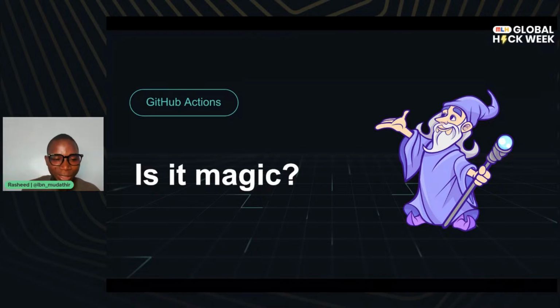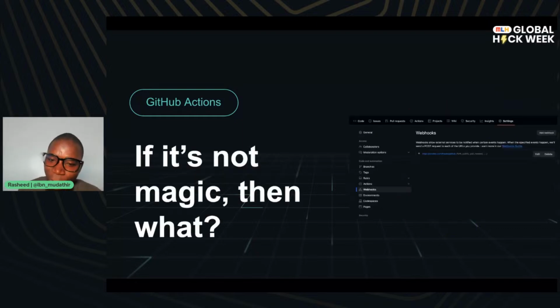Is it a magic tool that just kicks off and starts working? No, GitHub Actions is not performing magic. In the past, the way we integrated tools together, if you were not using GitHub Actions, you could be using CircleCI or any other tool for your CI/CD pipeline. And how those tools work is that you have your code on GitHub.